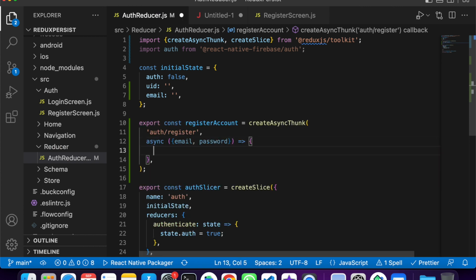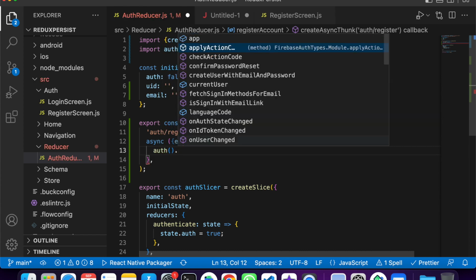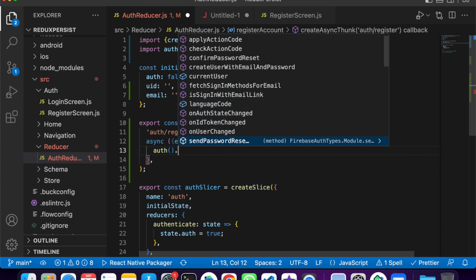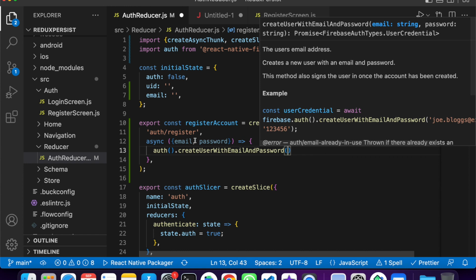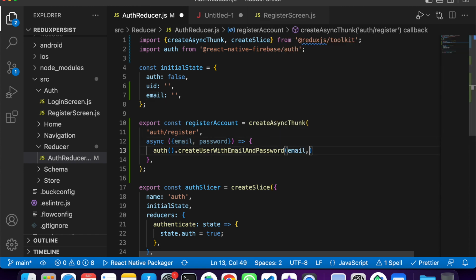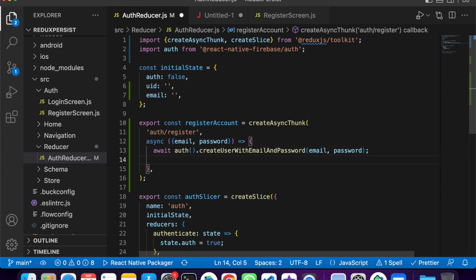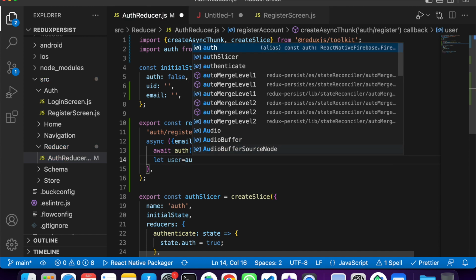Now we need to authenticate the user using this email and password, right? For that, what I am going to do is call auth. Then here you can see the different authentication methods. This one I am going to use, create user with email and password, and I'm passing the values to this method. We should await because this is an asynchronous request, so we are just awaiting. And then I am going to fetch this detail, so we can make let user is equal to await